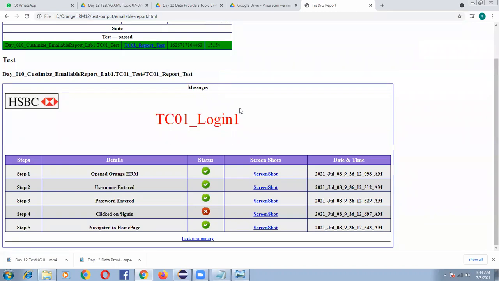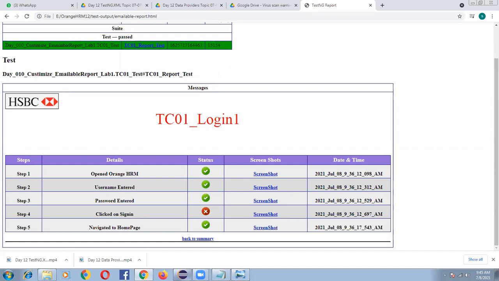Like this we can change it. Like that, you can change the reporting part.